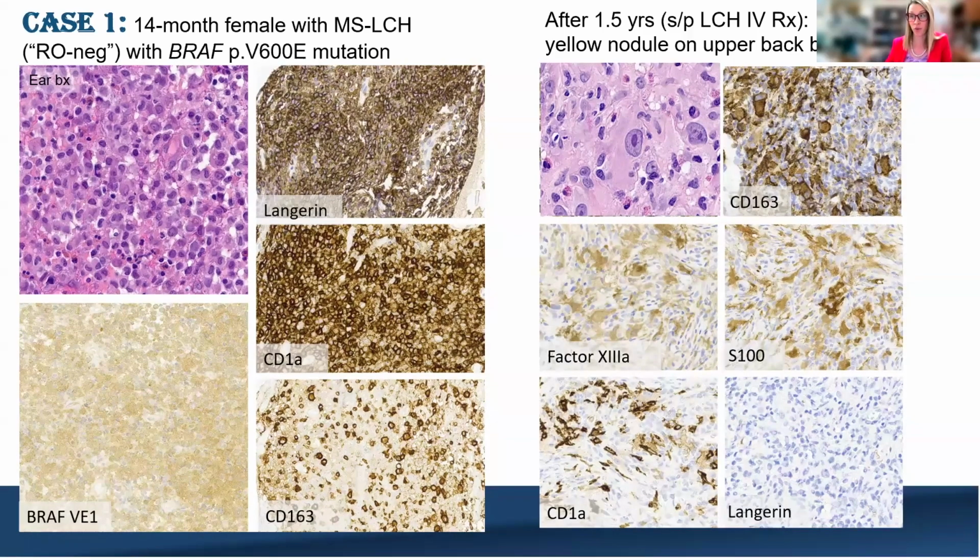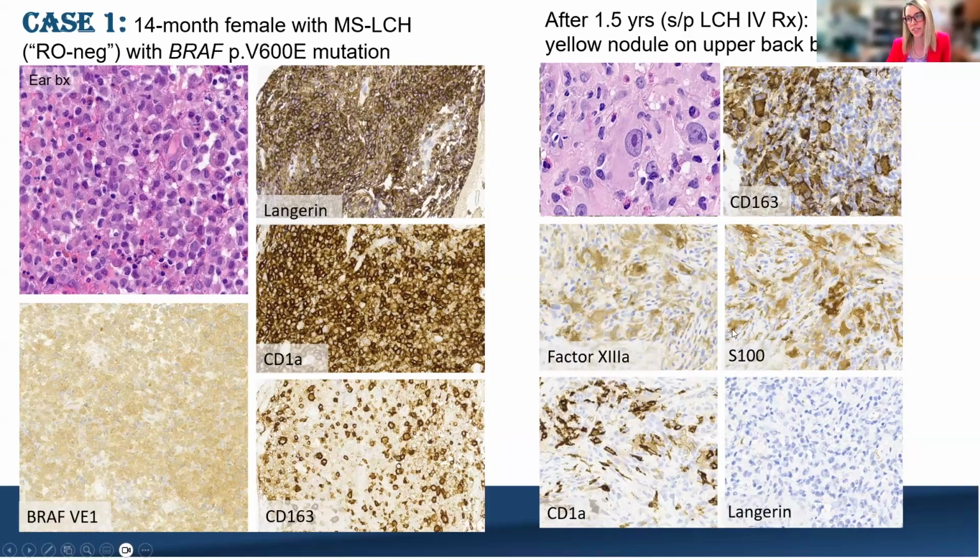reticulohistiocytoma-like cells with this glassy cytoplasm and large nucleus. And I consider those within that spectrum of the xanthogranuloma family. Those large cells were positive for CD163 and factor XIIIa. Interestingly, they were S100 positive, which sometimes, as was discussed, especially for those ones with the reticulohistiocytoma, they can have